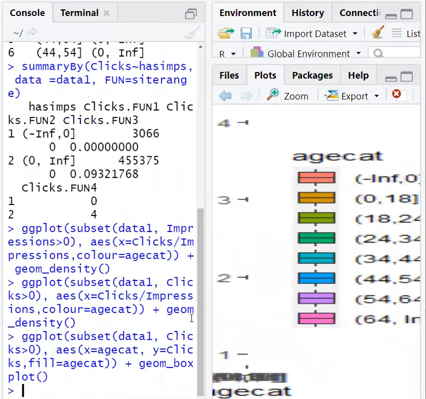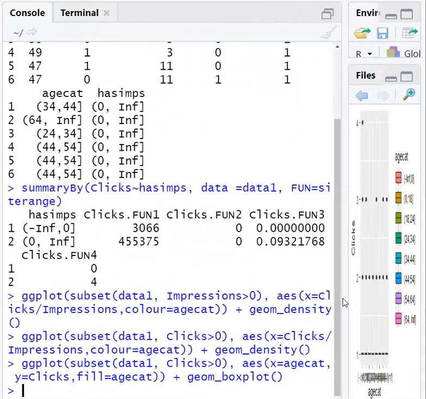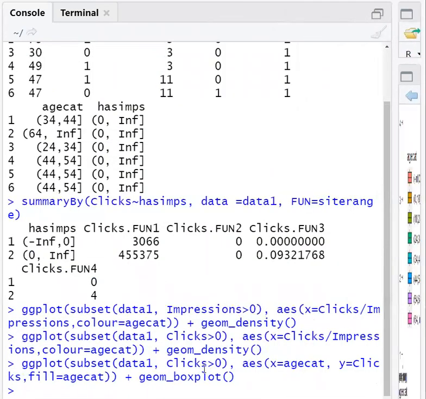Okay, one more graph we have drawn. Again, we have taken clicks greater than 0. On the x-axis we have taken age category, on the y-axis we have taken the clicks. So it is age category versus clicks, and it is a box plot.